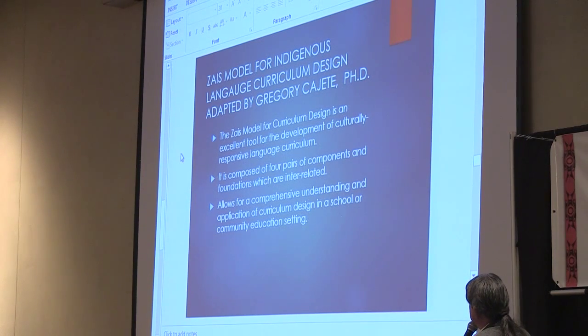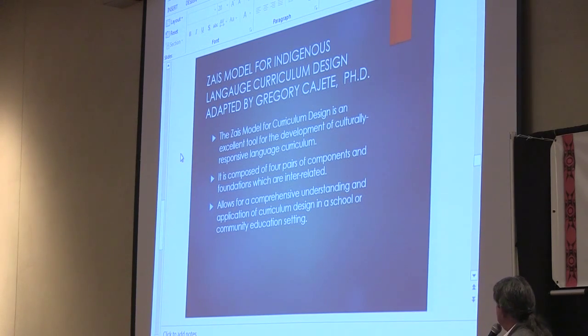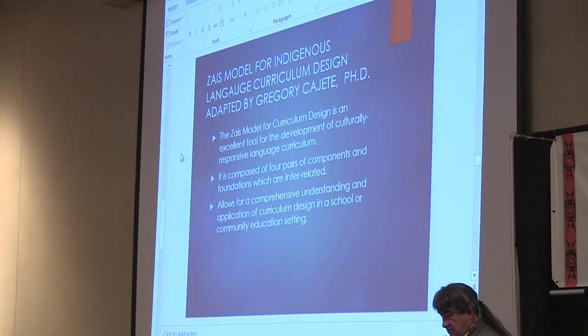So, the Zaius model is an excellent tool. I really recommend it for developing culturally responsive language curriculum. It's composed of 4 parts or 4 pairs of components and foundations, which are interrelated. It allows for a comprehensive understanding and application of curriculum design in a school or community education setting.